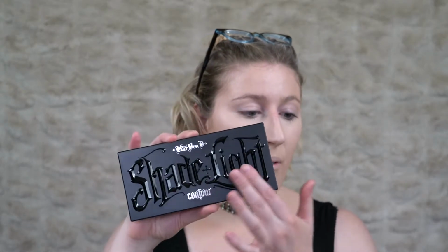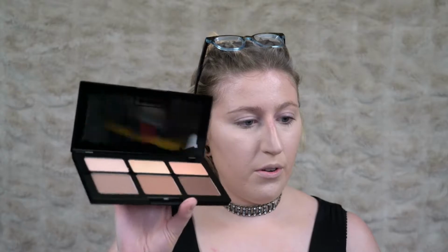I just got this today and I am so excited. I'm a little late to hop on the train, but that's okay. The packaging, for one thing, is beautiful. I love the raised letters and it is so heavy, which I love. It's got a beautiful big mirror too, which is great. So I'm just going to first pick up the